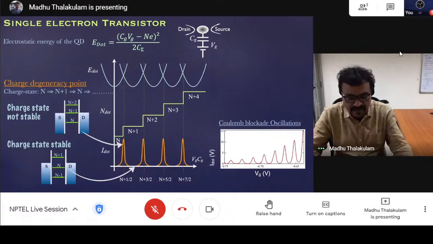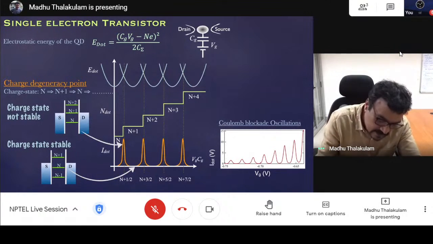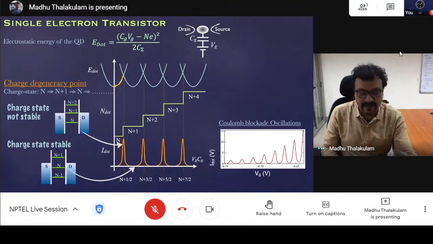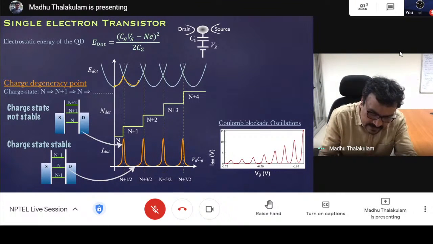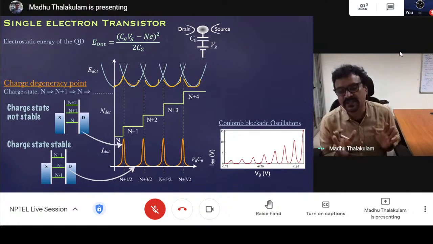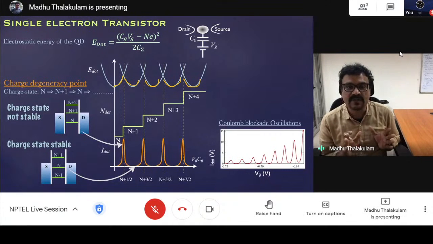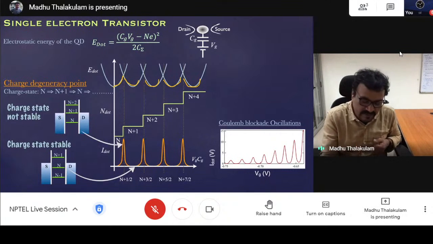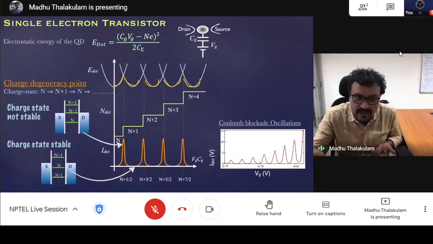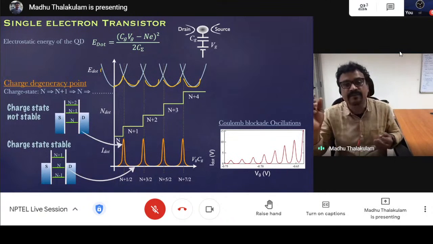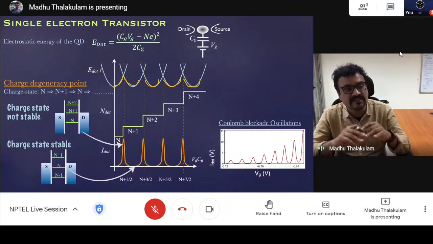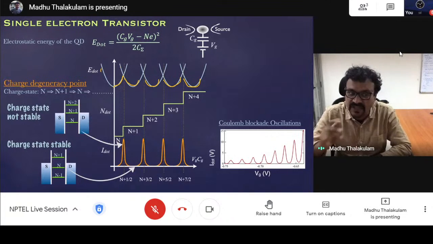Otherwise, it is blocked. What that means is, in this regime, or here, the electron number inside the dot cannot change much. It is fixed. The electron number can change only when the energy corresponding to the n plus 1 parabola and the energy corresponding to the n parabola are the same. They are degenerate. That is called a charge degeneracy point. At that point, the electron number can oscillate between n and n plus 1,